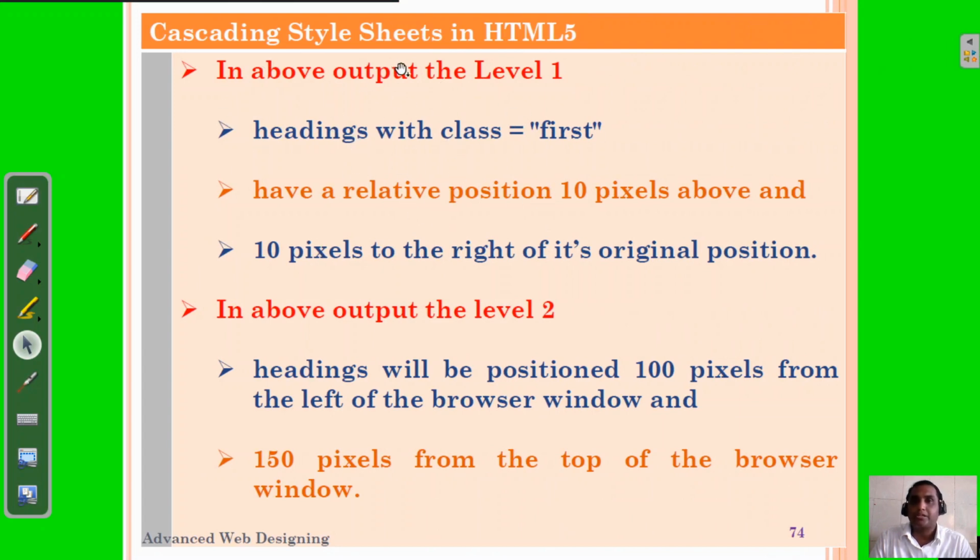Okay, explanation to both the examples. In the above output, that is in the first output what you have seen, headings with class first have a relative position 10 pixels above and 10 pixels to the right of its original position, that I have shown you in an output. And in the second output, heading will be positioned 100 pixels from the left of the browser window,